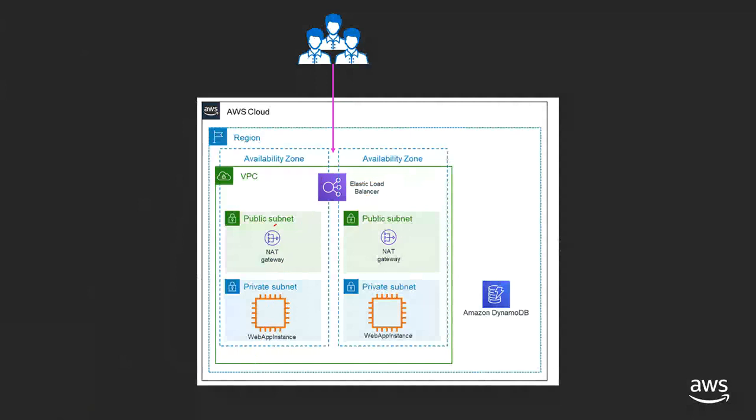Rizwana says NAT. It could be, but see, I have a NAT in one of my availability zones. This is availability zone A, and I have a NAT in another availability zone also. So if this fails, then I would be able to use this. So this will still not be a single point of failure because we have deployed them in pair. This looks like one, but it is also deployed in pair. There would be multiple active and standby created for you. You don't see them, but at the back end, this is how it is working. So that's how your load balancers would be working.